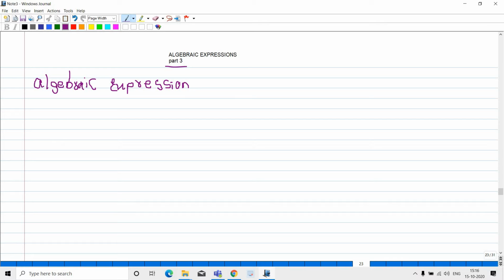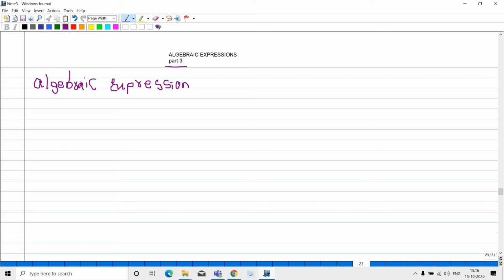In the last classes, we learned about constants and variables, and by connection I mean how constants and variables are connected, by mathematical operations. We will connect the constants and variables by plus, minus, into, divided by. So by these four mathematical operations, we will connect constants and variables. When there is a combination of these constants and variables with the help of mathematical operations, at that time we will say that it is an algebraic expression. You people got my point.